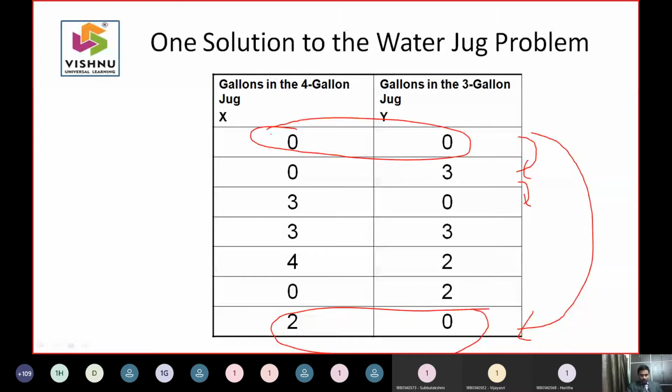So we are moving from this state to this state, then again from 03 to 30, from 30 to 33, and so on. What you need to understand is every production system will have the analysis part. This is the analysis, one of the solutions by which you can reach the goal of 2. You have many other solutions. I have taken this solution. Once you analyze, you need to represent some productions.